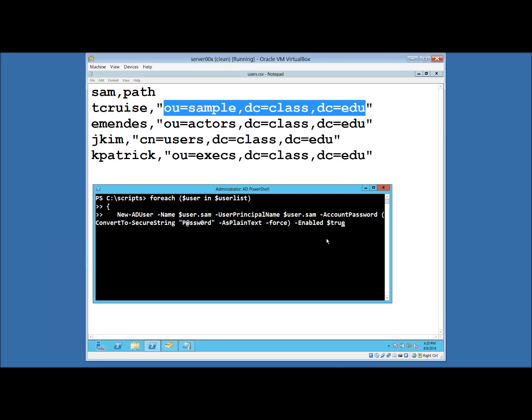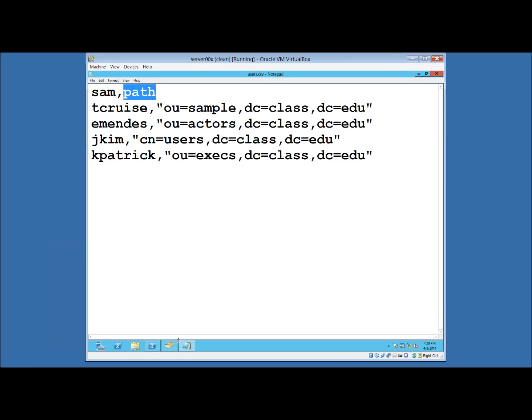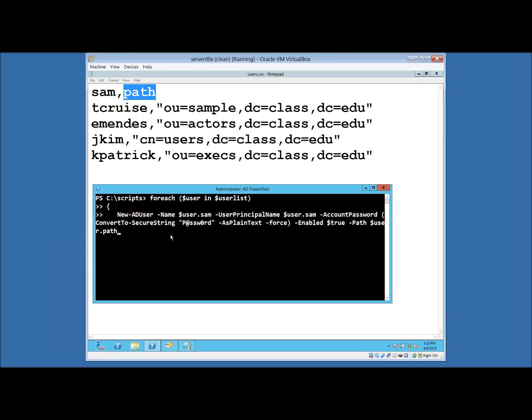What I don't have is the path where the user will be stored. So the path will be user.path, just like that. That's this right there. So the user should go in the right place. I hope this works. Then I'm going to press enter, close out of this,